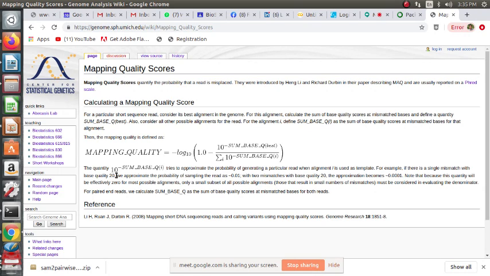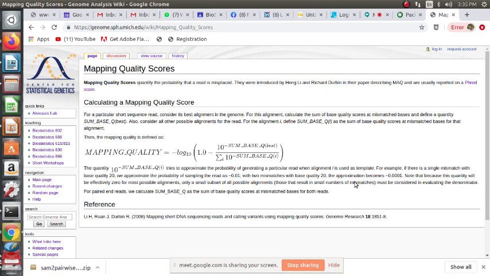The quantity 10 to the power minus sum_base_q of i tries to approximate the probability of generating a particular read when alignment i is used as template. For example, if there is a single mismatch with base quality 20, we approximate the probability of sampling the read as 10 to the minus 2, that is 0.01. With two mismatches with base quality 20, the approximation becomes 0.0001.